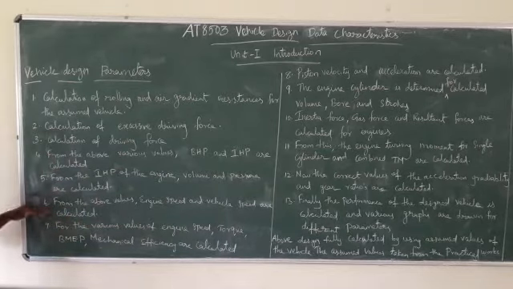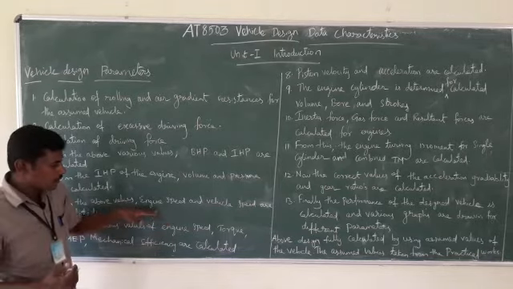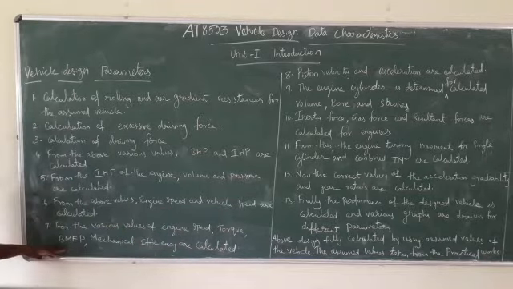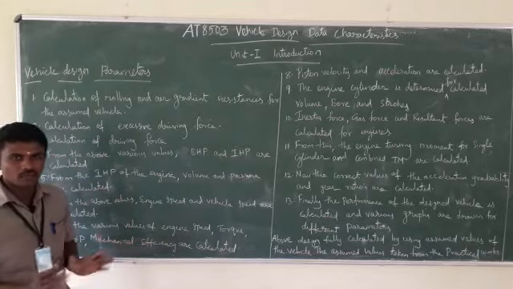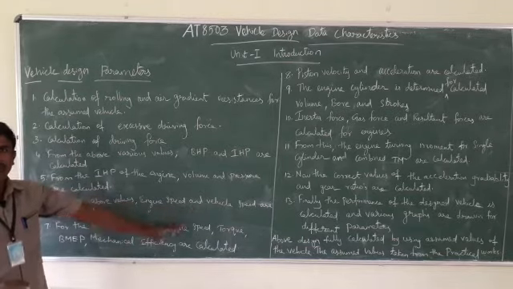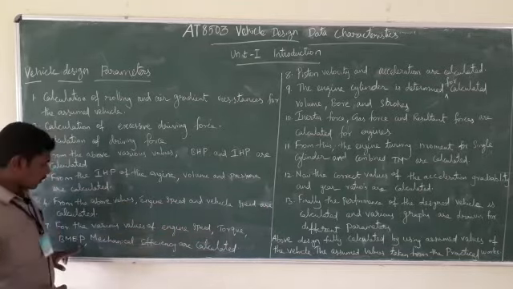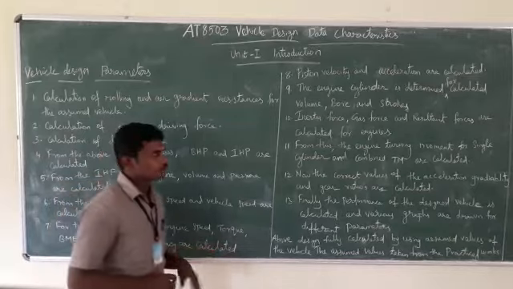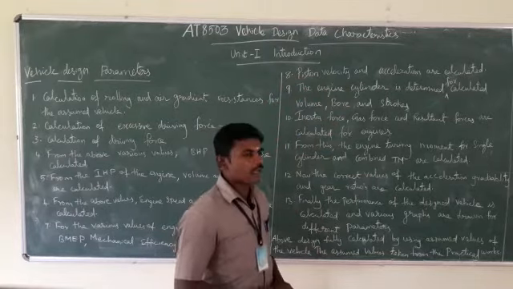After finding this engine speed and vehicle speed, we need to find the torque. With the help of the engine speed, we need to find the torque, brake pneumatic pressure and mechanical efficiency of the vehicle, right? Understood? First we need to find the engine speed. After finding the engine speed, for that engine speed we need to find the torque, brake pneumatic pressure and mechanical efficiency of the vehicle, right? After finding those values, we need to find the piston velocity and acceleration.